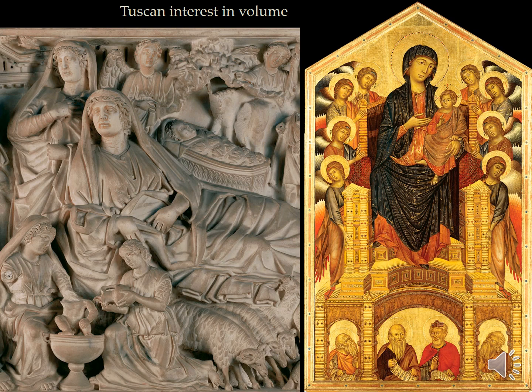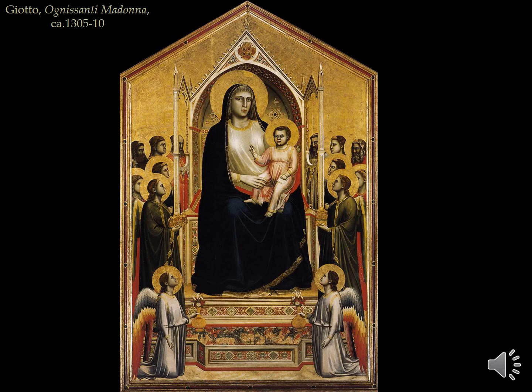This interest in volume is going to be carried on by Cimabue's greatest pupil, and that's Giotto di Bondone. So Giotto, in the example we use here with the Ognissanti Madonna, or All Saints Madonna, because we have several saints surrounding the Madonna and Child enthroned, is going to find that he moves this interest, or takes this interest in spatial construction and volume even further, establishing a very clear direction for the Renaissance that will follow him, beginning